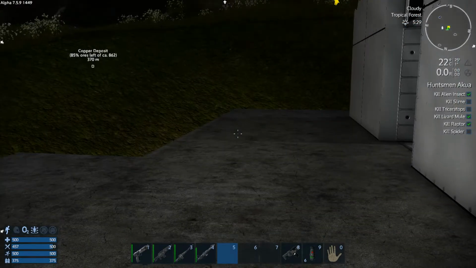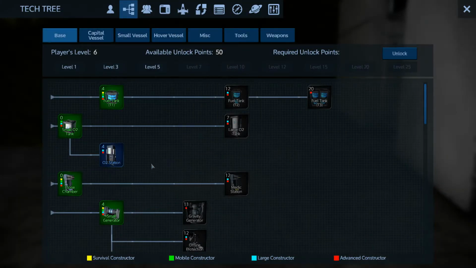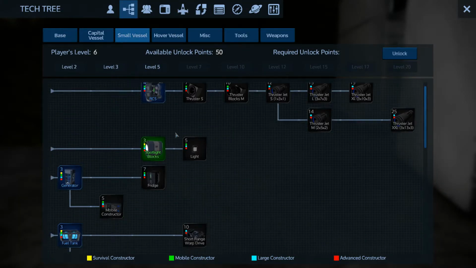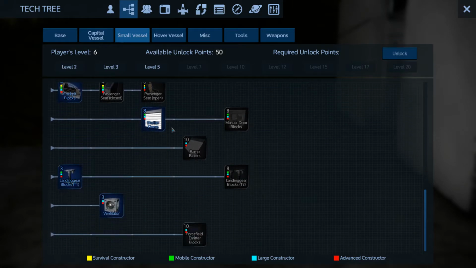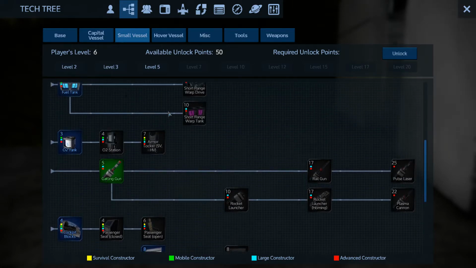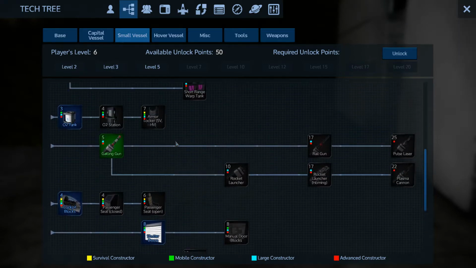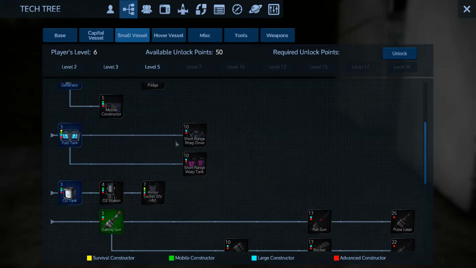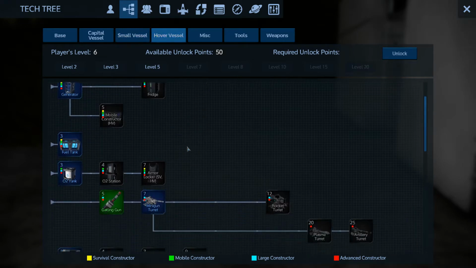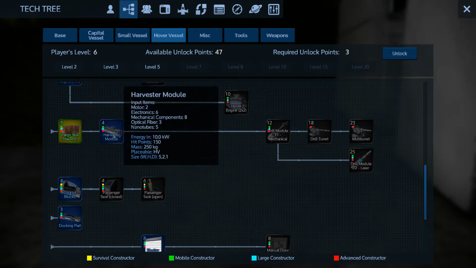Oh, and I haven't actually unlocked the technology. So let me just get into here. Hover vehicle, and is it hover vehicle? Come on, it's got to be in here somewhere. Small vessel. Wrong one, guys. Sorry. It's early in the morning, and what we need to do is unlock the harvester